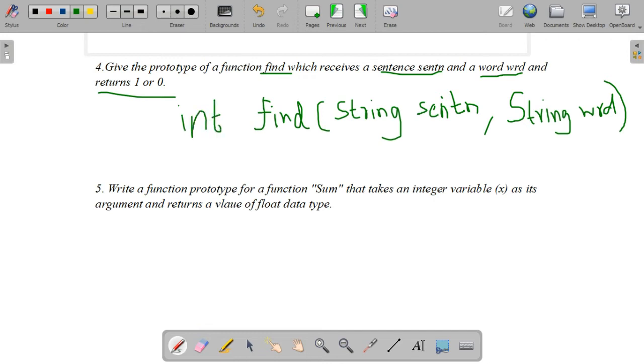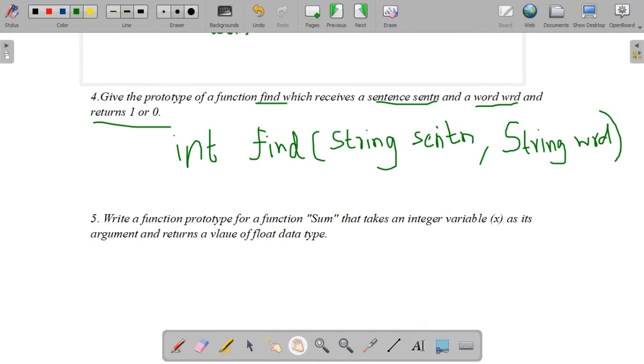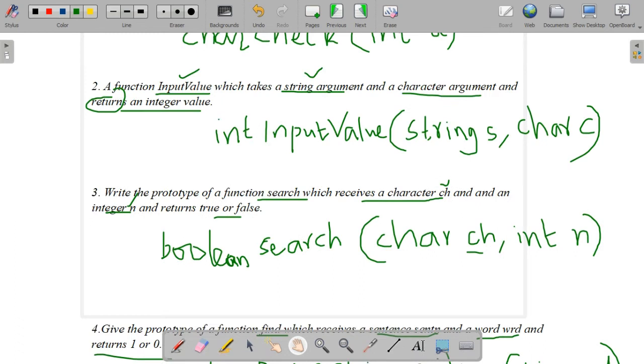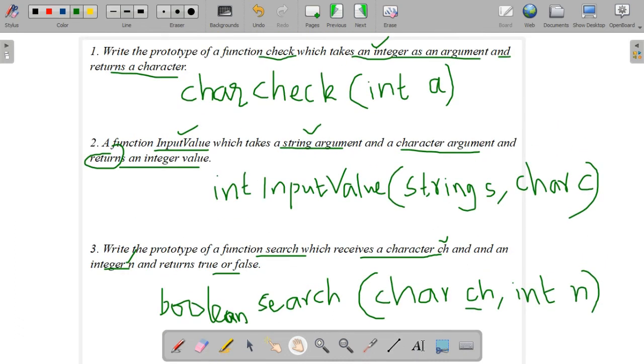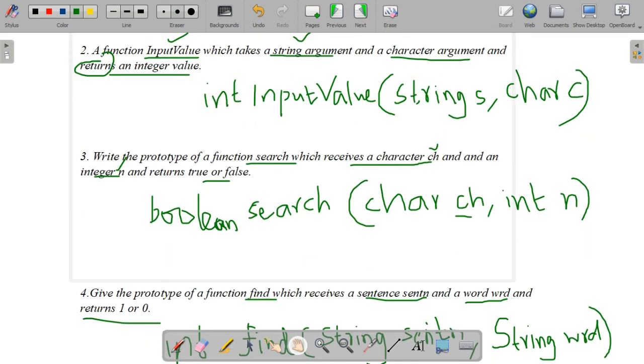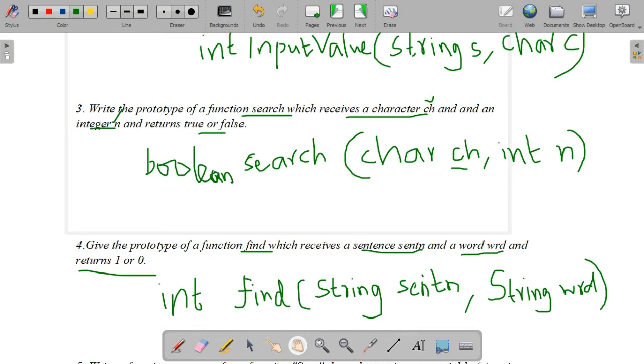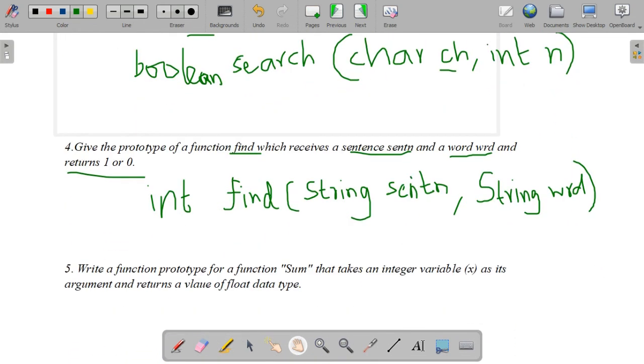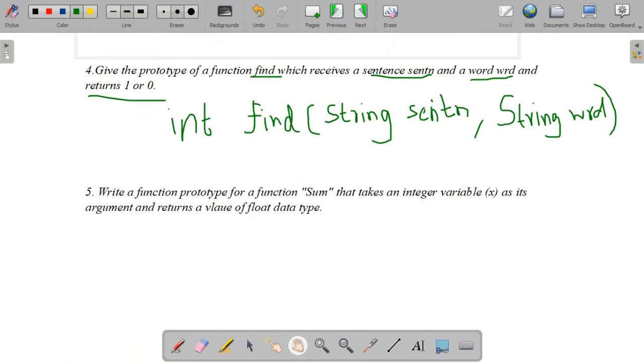So please remember, whenever a method is returning 1 or 0, it belongs to the integer data type. If it is true or false, it is the Boolean data type. Or if it is directly given, like it returns an integer value or returns a character, you can write according to that. But remember, true or false is the indirect way, that is the Boolean data type, and 1 or 0 is the integer data type.